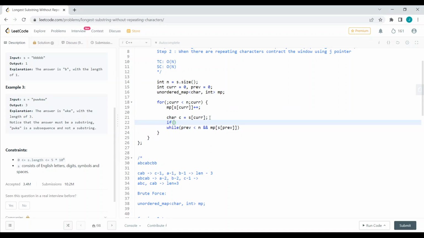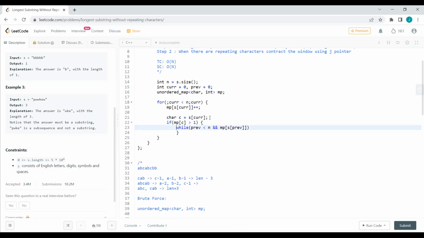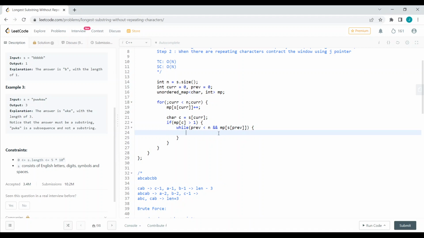If our mp of c is greater than the frequency 1, then we know that we have a repeating character here. Then we enter this if condition and we are going to increment the previous pointer